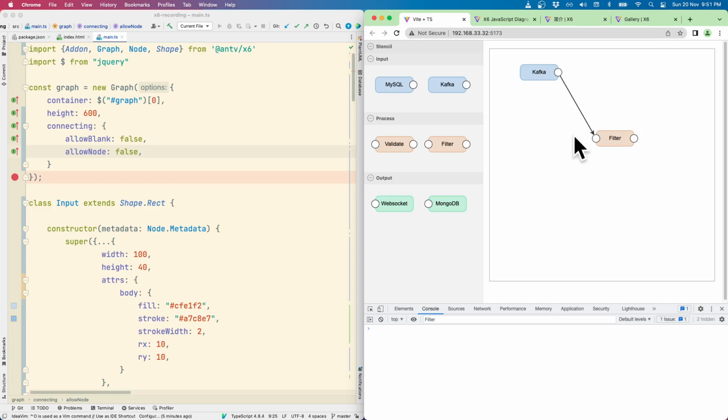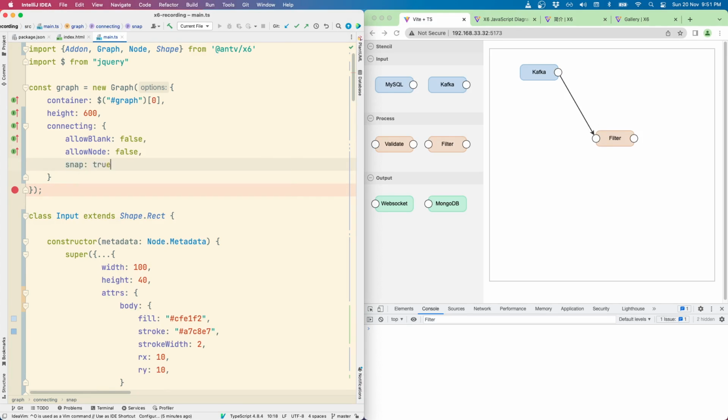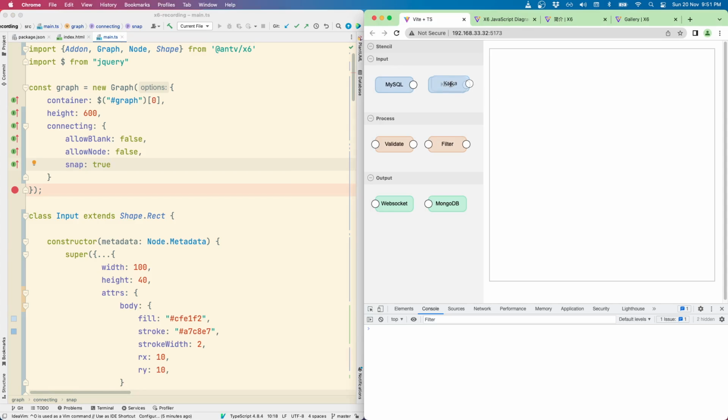We can also set snap equal to true. What this will do is guide the mouse pointer towards the closest port. So let's show that example. When I try to create an edge, as soon as it's close to a port, it automatically moves the head of that edge to the respective port.